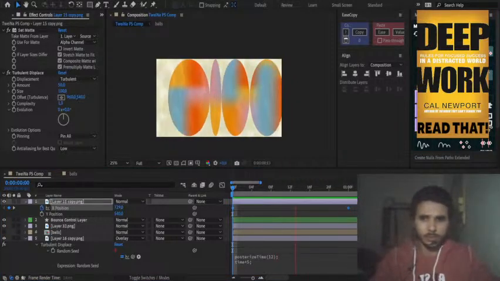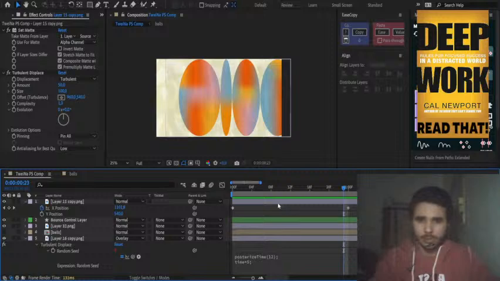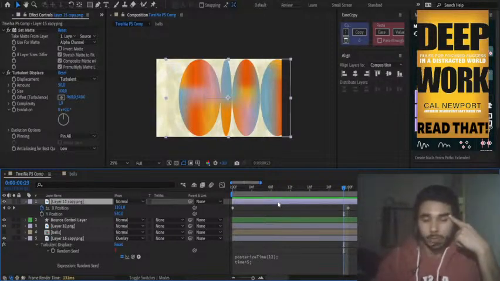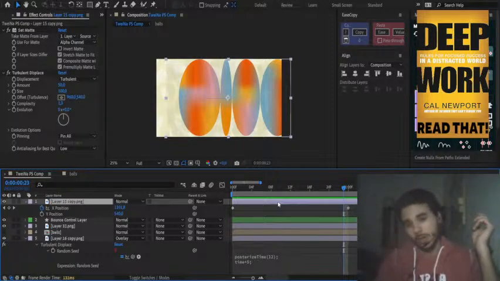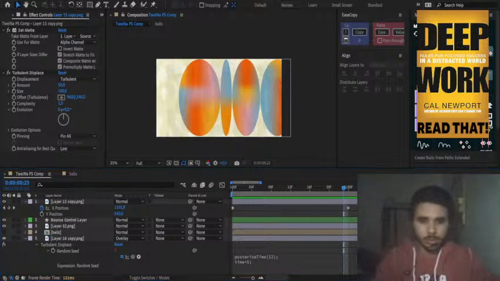So we kind of have two problems right now. The first is the blending mode for this texture, and the second is how we're going to move the texture along with the spheres. Okay, if we can figure that out, we can move to the next step, which is the animation, the actual animation of the balls. Pause. Okay.